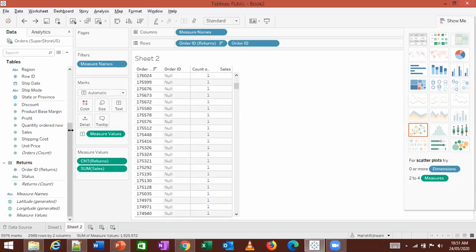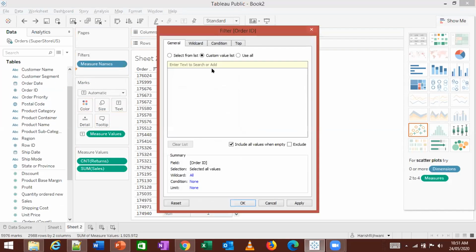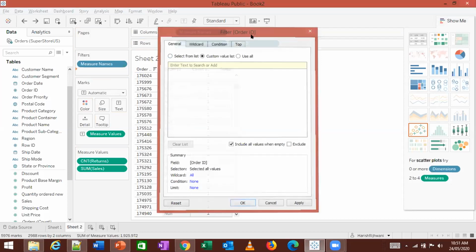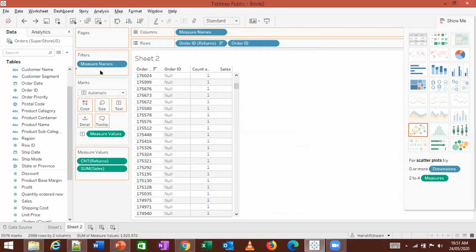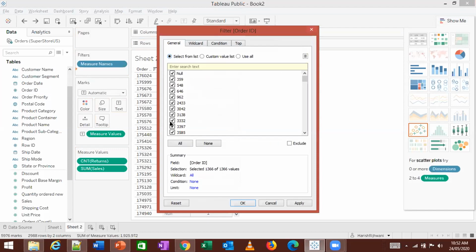And I can actually add a filter on this order ID, and I'm going to remove null.